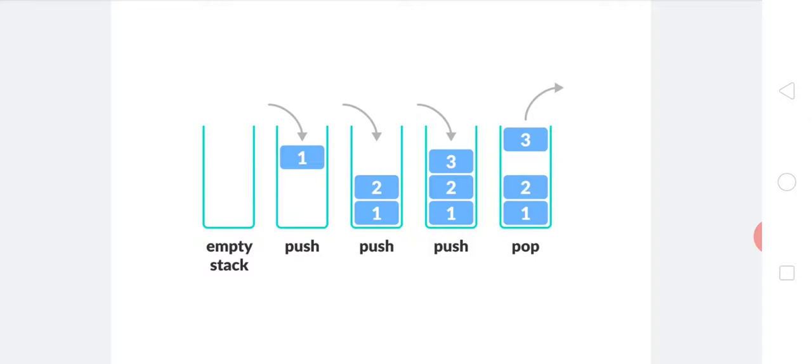Now we will see different operations of stack. The first operation is the push operation. Before pushing the new element, first top is incremented by 1. Initially top is equal to -1, then plus 1, means now top becomes 0. Then we will insert the first element from one end. Actually this end is called the top end.